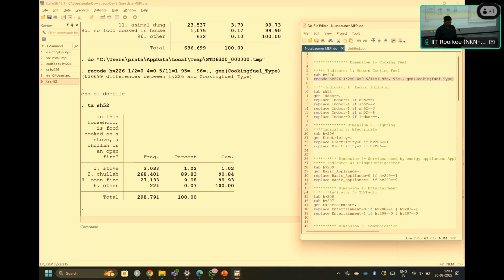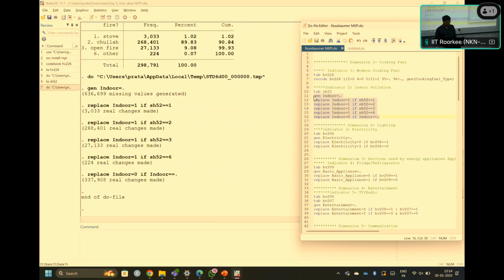So this is what is done. I'm also generating a variable simultaneously to understand and use it further, that is our indoor pollution variable, named indoor. So this is how I've done this.